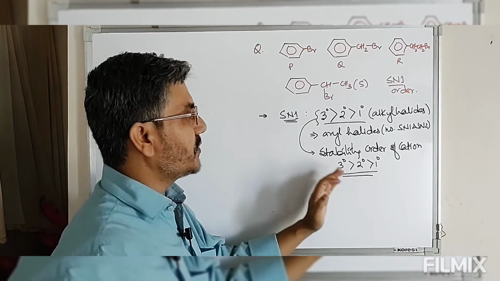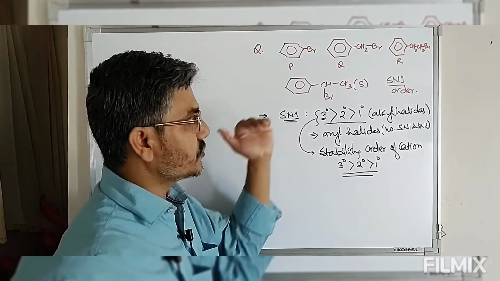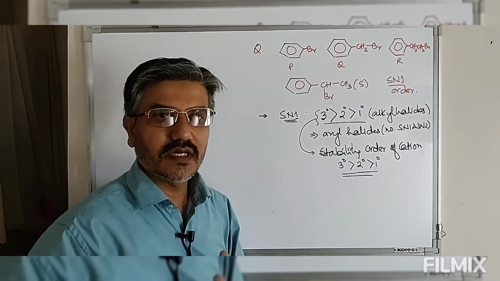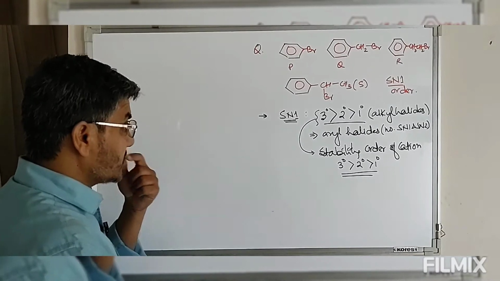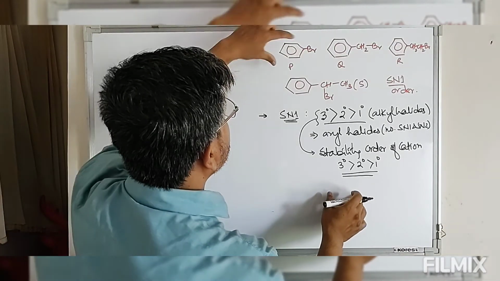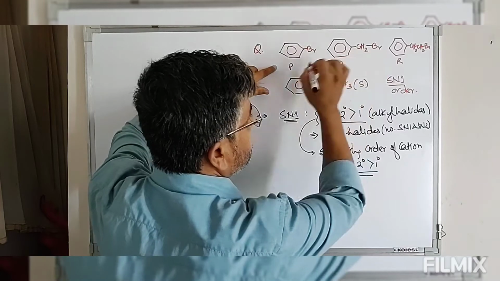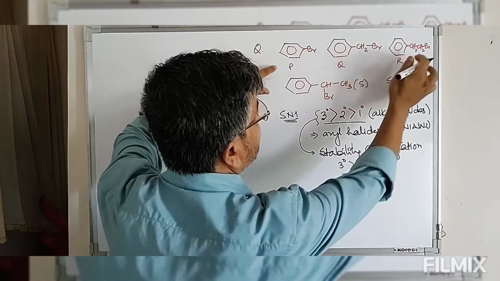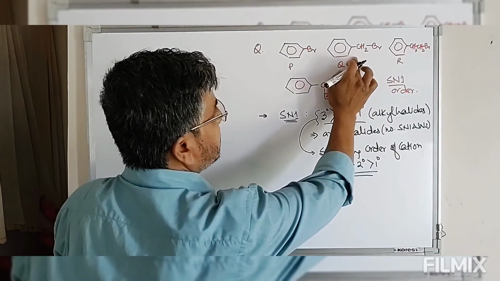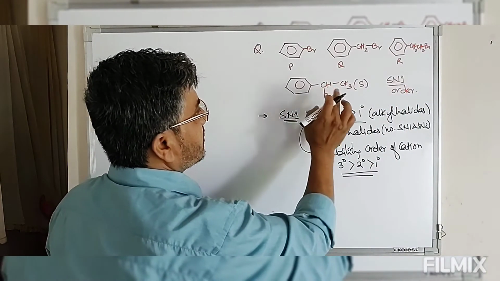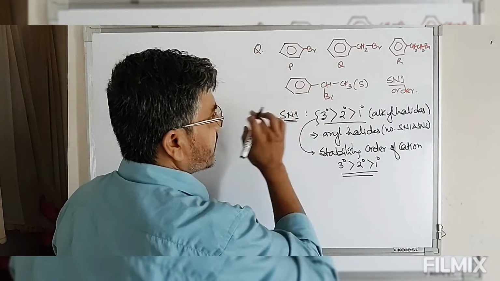Tertiary cation being the most stable, the tertiary alkyl halide will immediately convert into tertiary cation. So if this is the order, then look at this: this is aryl halide, this is benzyl. So we say this is primary, this is also primary, but this is benzyl, this is alkyl, this is secondary,